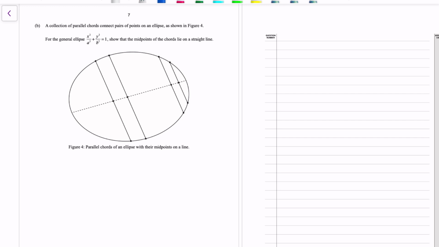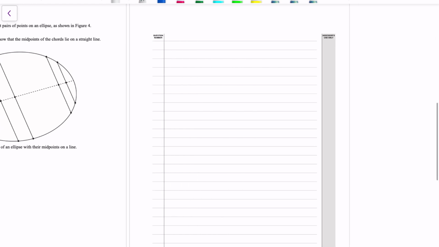To be honest, the first way I thought about this question is if we were to draw parallel chords that were vertical or horizontal. So I figured, if I draw my ellipse, kind of improved over this exam from Stewie Griffin's head, and if I draw these chords this way, then based on the symmetry, the midpoints of these chords are all going to lie on the x-axis,